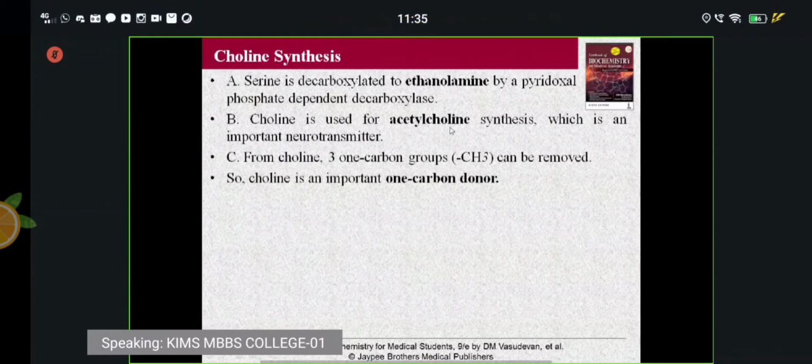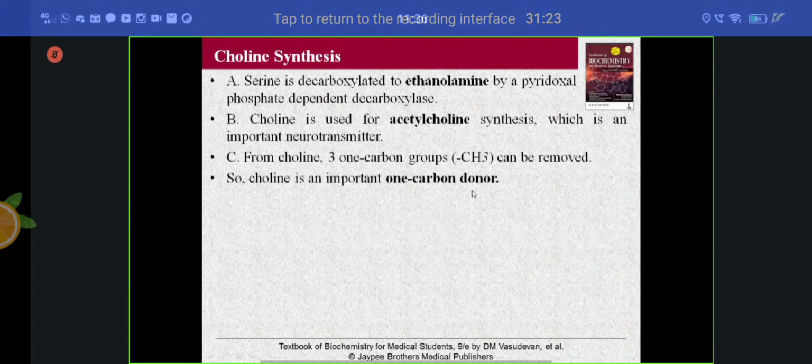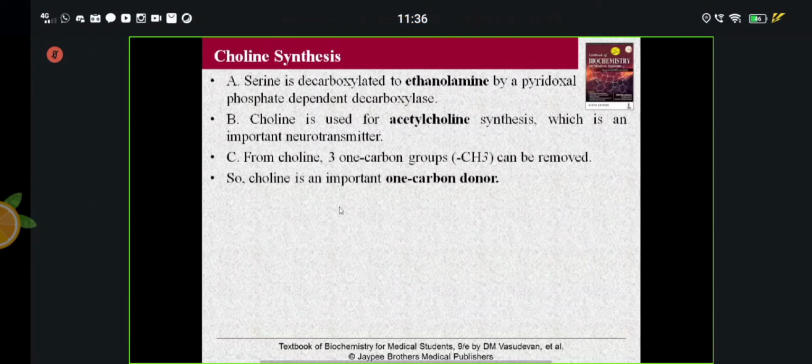Choline is used for the acetylcholine synthesis, right? So choline is one of the important 1-carbon donors. All of you have seen in your textbooks, we have a special chapter called 1-carbon metabolism. It's important. 1-carbon metabolism means having only a single CH3, 1 carbon. One methyl group transferring here and there to give different molecules, like we have seen today: serine, glycine, methylene THFA, tetrahydrofolic acid. All those reactions come under 1-carbon metabolism.